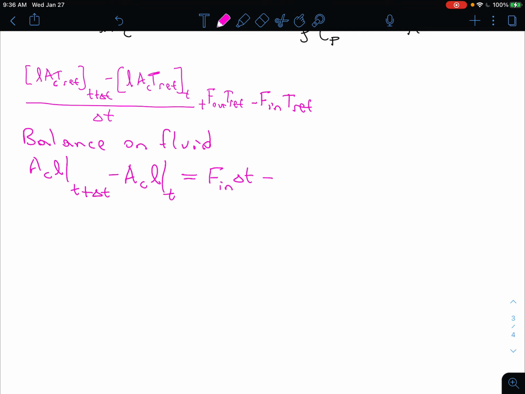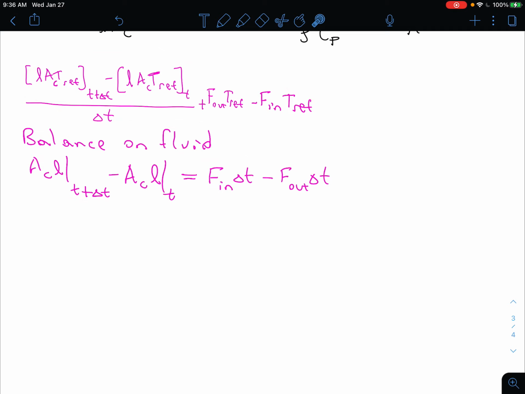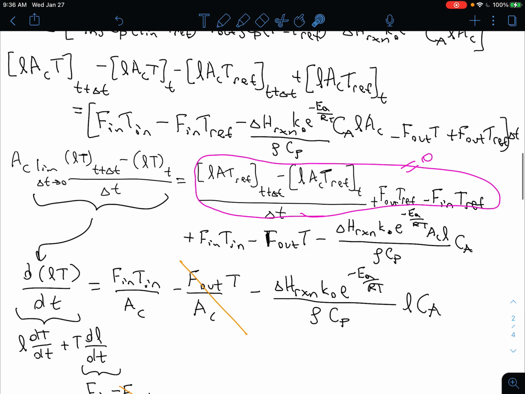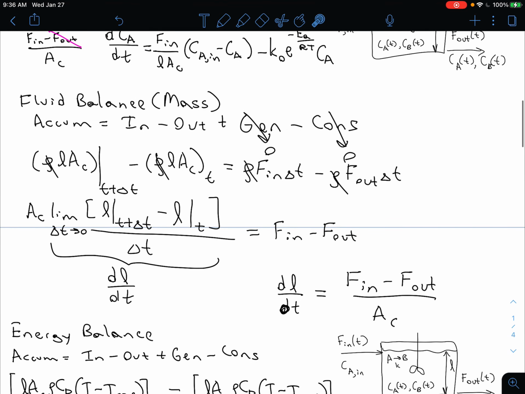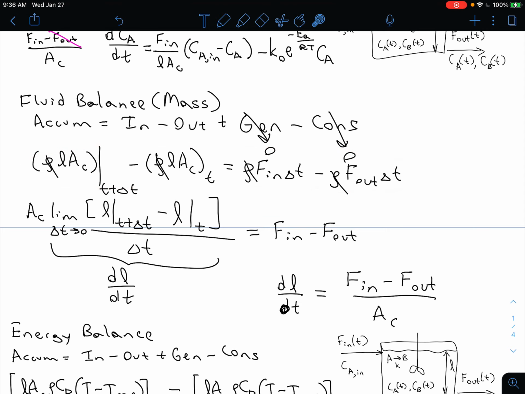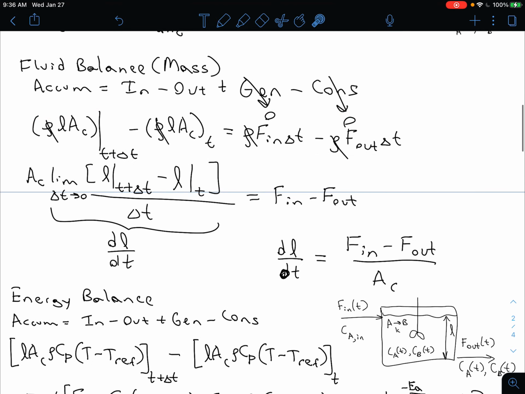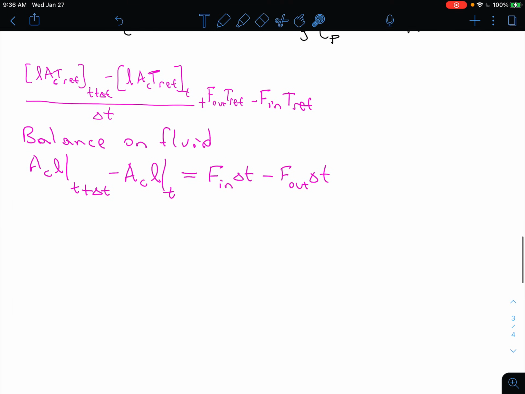F in delta T minus F out delta T. Okay, so this actually, I'm not saying that this follows from this. I'm saying that this came from an earlier balance on fluid. So let's actually take a look at our earlier fluid balance. Okay, so this is this, right? LAC T plus delta T minus LAC at T is F in delta T minus F out delta T. Okay, so